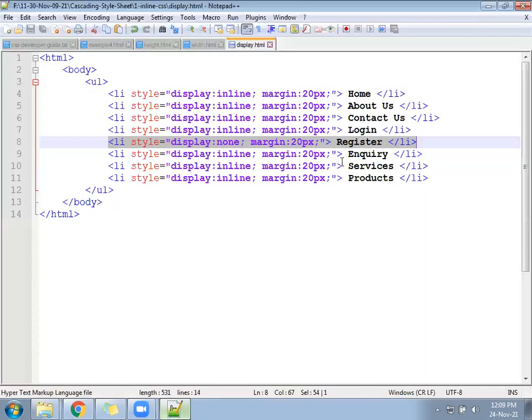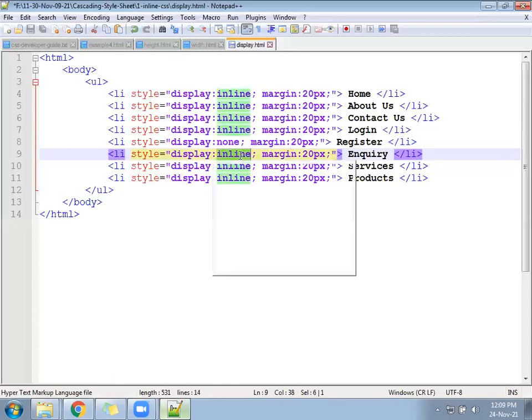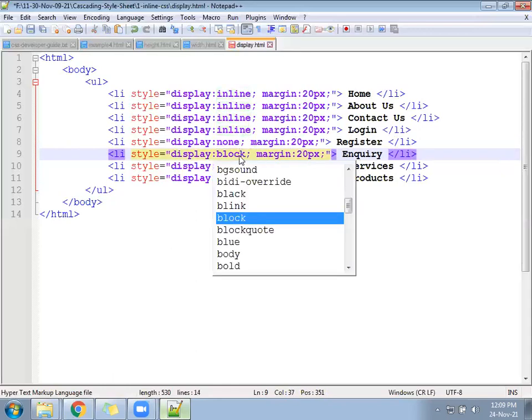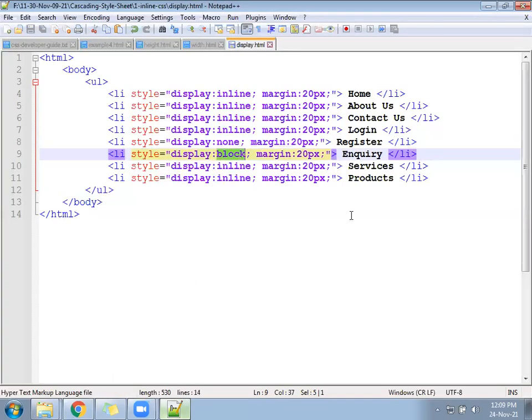Now there is another property, maybe inquiry. You can keep it as display block. Display block. Inquiry will go to the new line.